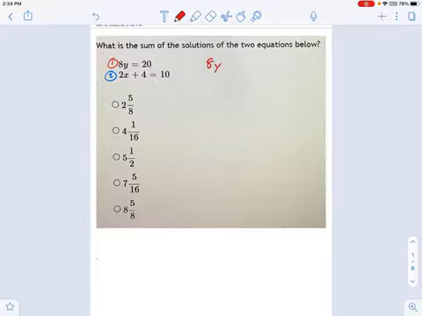If I have 8y equals 20, let's think about what that means. That means 8 times some number is 20. What's the number? Well, in order to get y by itself, we have to undo this multiplication, and the way you do that is with the inverse operation, division. So 8 over 8, that's just nothing. They cross out, right? We get y equals 20 over 8, or in other words, 10 over 4 if you simplify it, which simplifies a little more to 5 over 2.